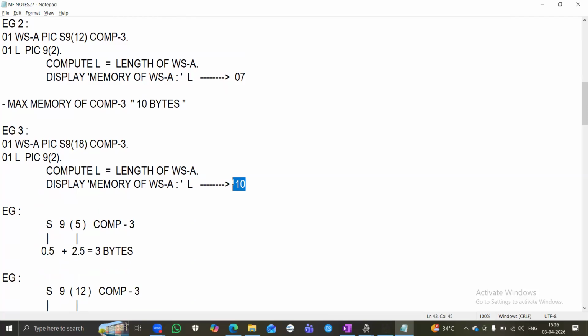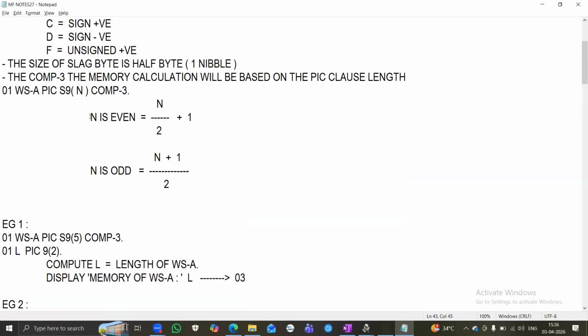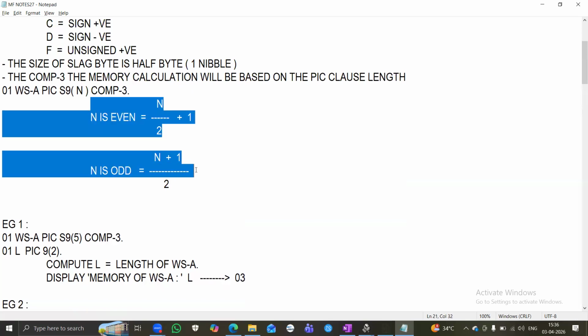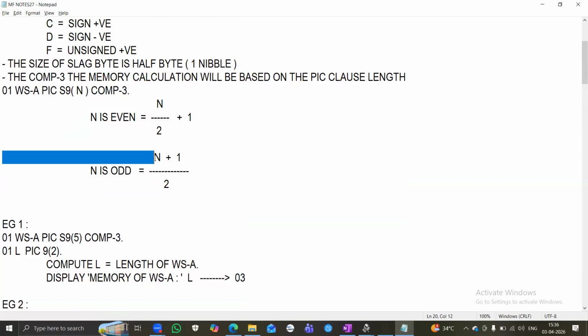So this is how to know the number of bytes for a picture clause if it is odd or even. But if you forget this formula, n by 2 plus 1 and n plus 1 by 2,